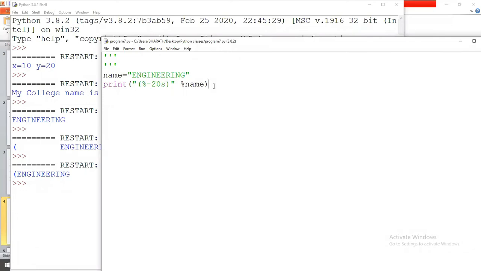Next we are going to see how to print a character. For example, in this string engineering, this is the index. What is the starting index? The index starts with 0.